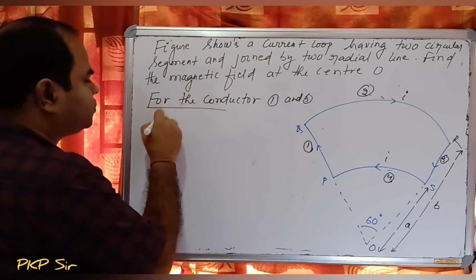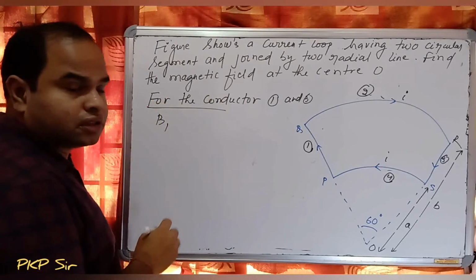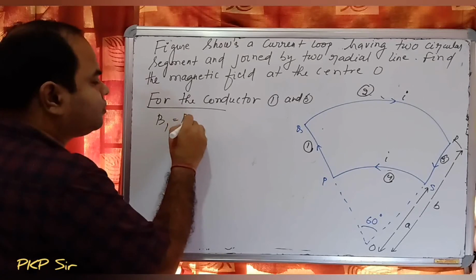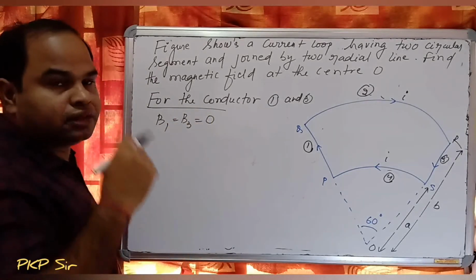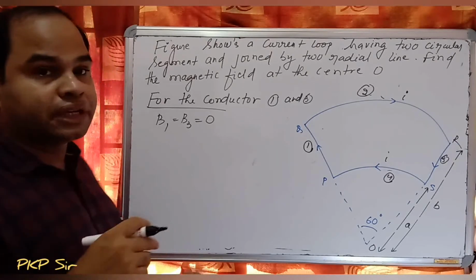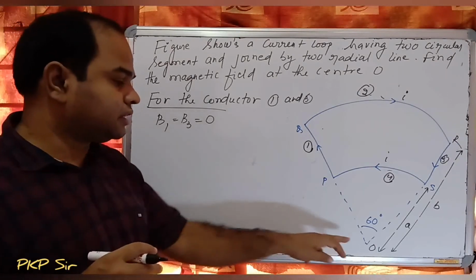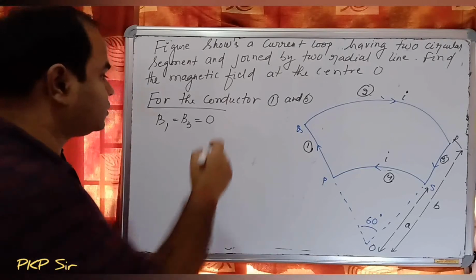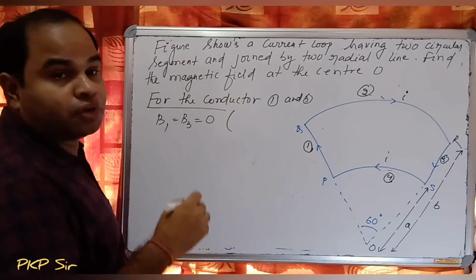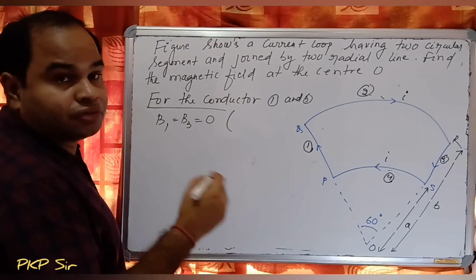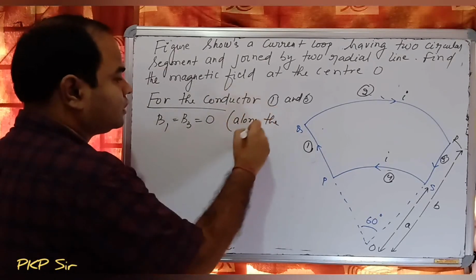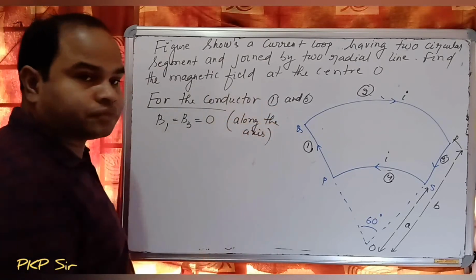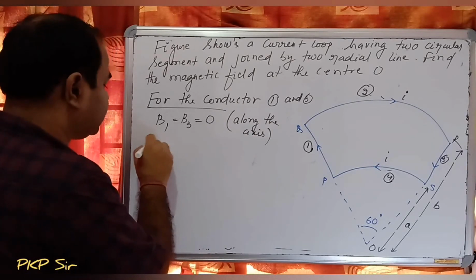Let B1 be the magnetic field due to the first conductor, and B3 due to the third conductor. Both magnetic fields at the center O are 0, because the point lies along the axis of the conductor. Okay, for the second conductor,